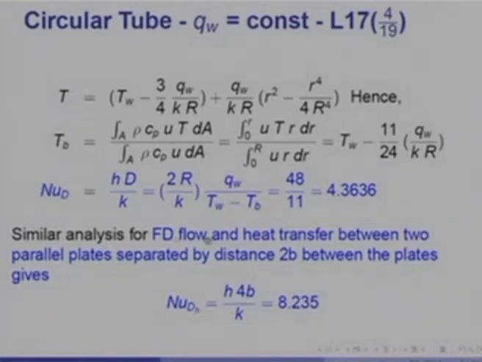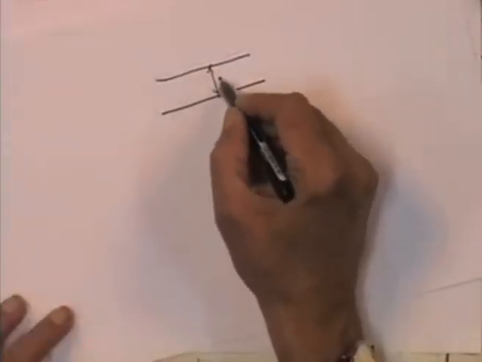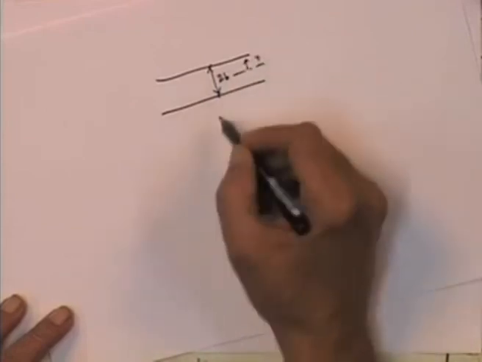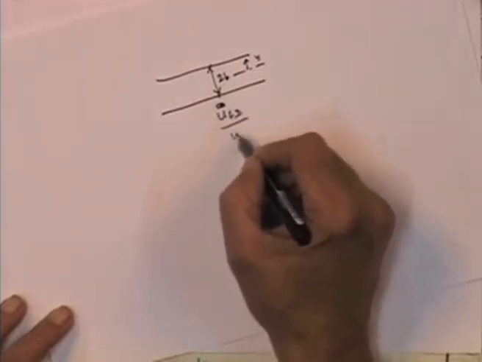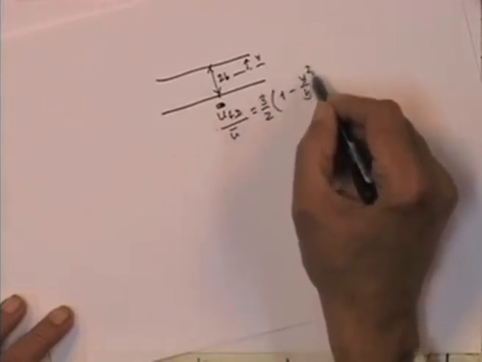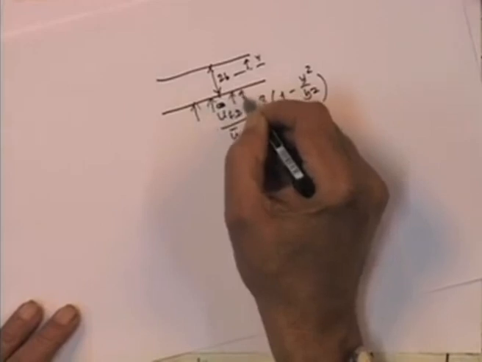A similar analysis for flow between parallel plates, which are separated by a distance 2b. Say, if I have two parallel plates and the distance between the plates is 2b, and if I measure y from the axis of symmetry, then u fully developed divided by u bar in this particular case is 3 by 2 into 1 minus y square by b square, as you recall. And if I carry out the similar analysis for constant heat flux at both the walls,